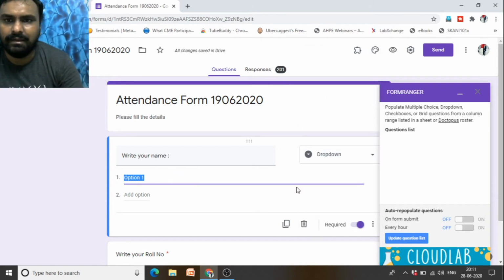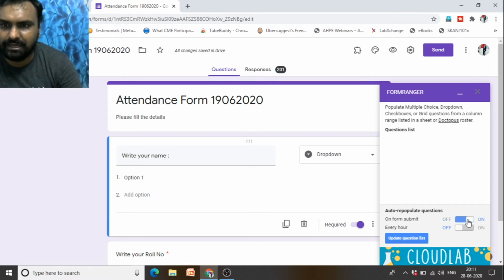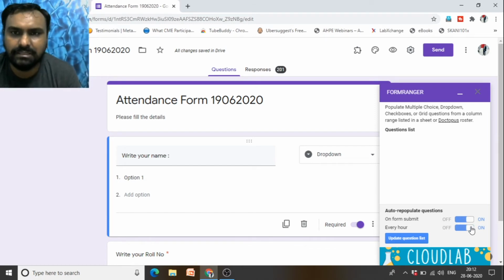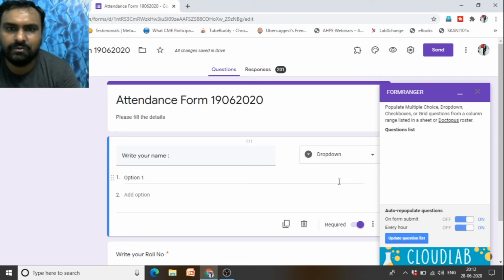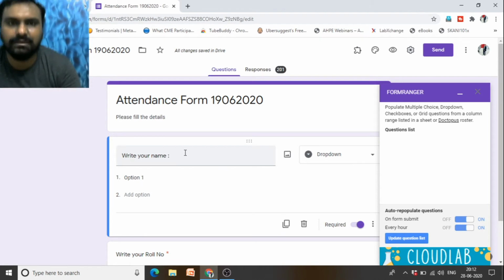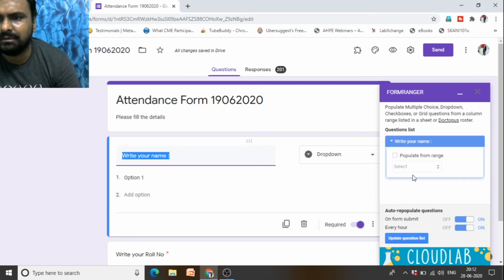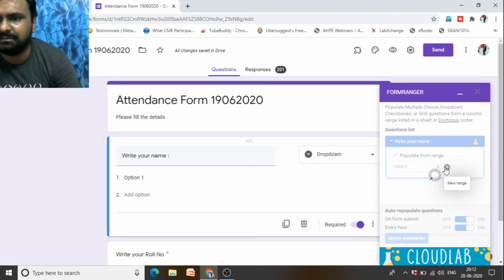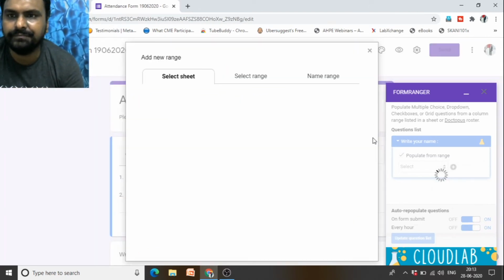Here you have to get the information. So select this auto repopulate question every hour. Whenever you update the data in the Google Sheet, you will automatically get the options updated. When you update the question list, here is a list. So you have to select populate range, and select the sheet from which you want to get information.